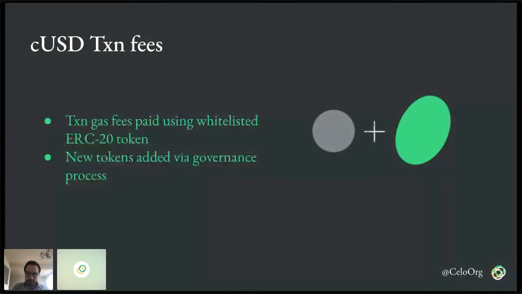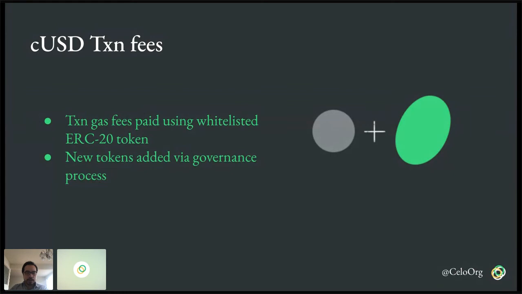So to address this product and user experience friction, we've added the ability to pay transactions with CUSD. And to do that, we've added a field in the transaction to specify which currency to pay the transaction fee.